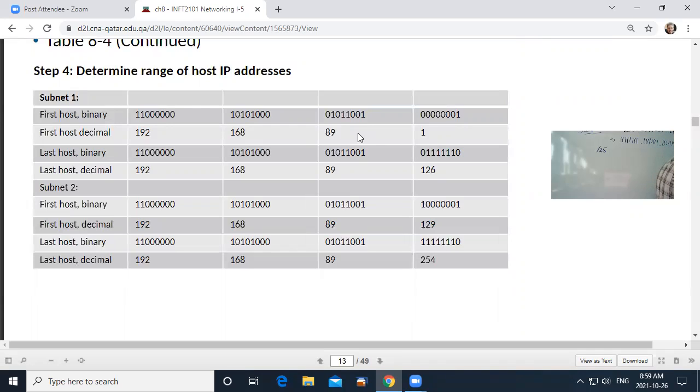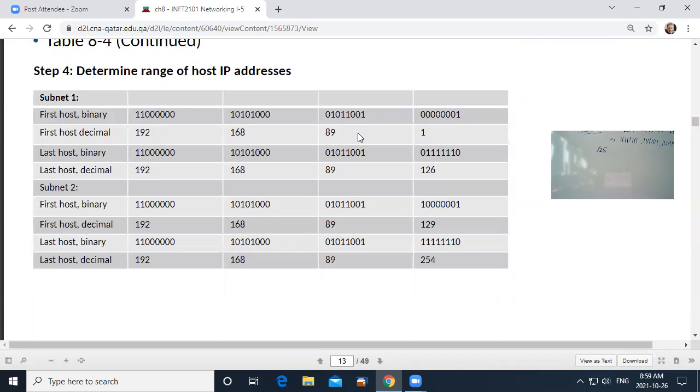Now the problem is the first IP address, we can't use it because it's a network address. So, all right, it's not actually shown here now. This address here shows us the first address that we can use for a host. First address, we can't use the number 0. We can only use the number 1.